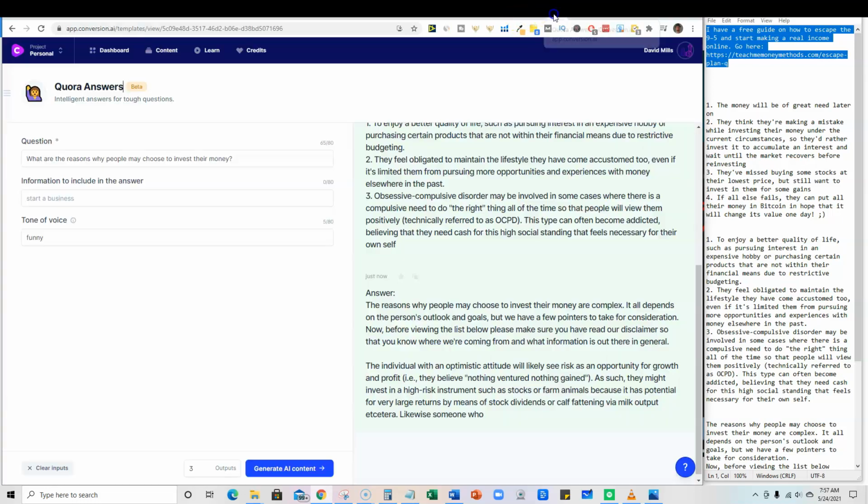So if you want to pick up the tool, this is called Conversion AI, and it's an artificial intelligence software that has such an intelligent algorithm that it'll actually go out there and read millions or even billions of pieces of content in a matter of seconds, and then it will rephrase and rewrite it in a human way so that the content being spit out is like it's being written by a human, and it's not like what you would get from spinning software or something like that. So it's going out and doing all the hard work for you. And it's just an amazing tool.